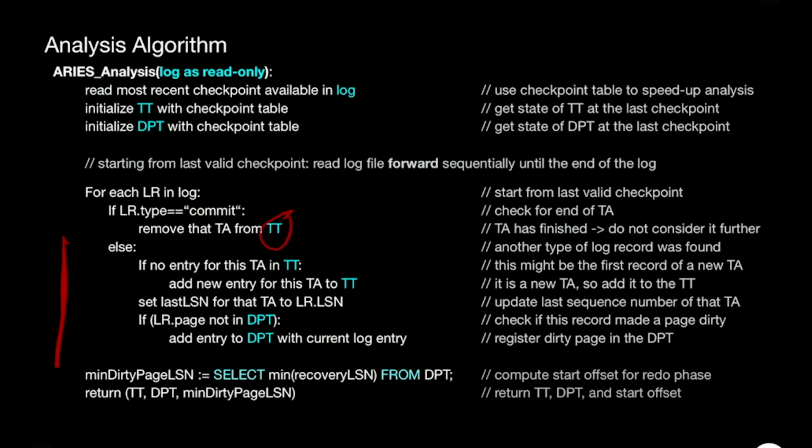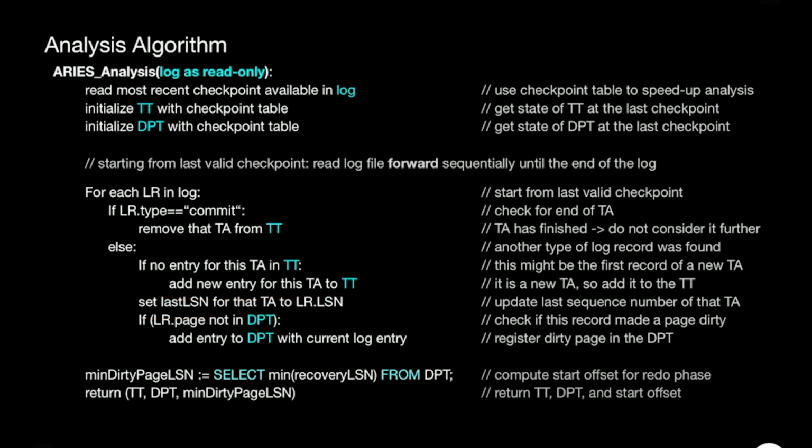So if it's a different type of record, that's the else branch, I check whether I have an entry for this log record. Yeah? So the log record's transaction ID, basically, I check whether that is available in my transaction table. If not, this means I see the first log record of a new transaction. Yeah? So that transaction would have been in the transaction table if it had issued a log record before, but this seems to be the first log record of that particular transaction, so I will add a new entry into my transaction table, meaning, aha, there's a new ongoing transaction that's running. Yeah, then I also set the last LSN in the table accordingly,